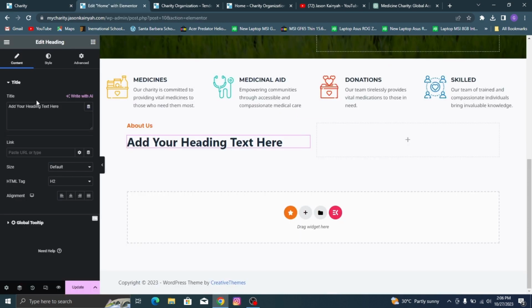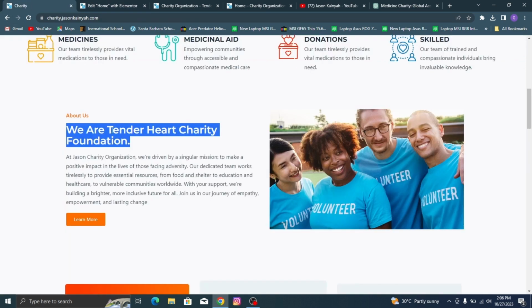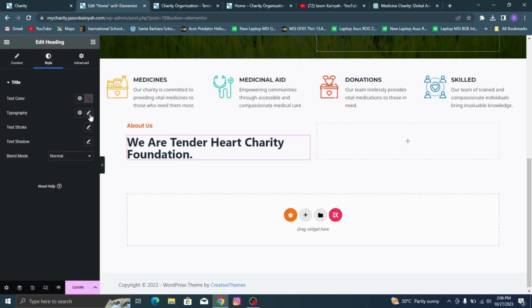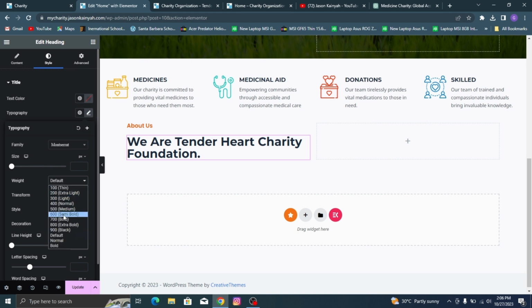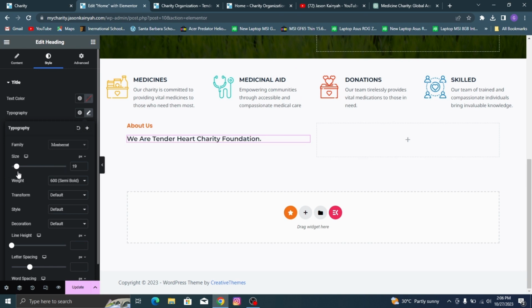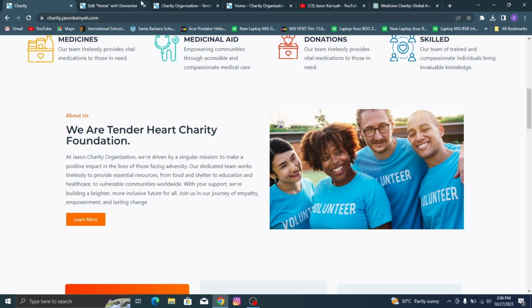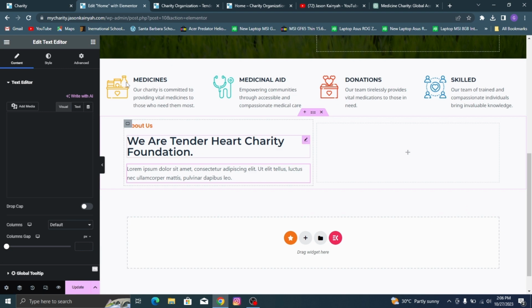We are Tender Heart Charity Foundation, so I'll paste it here, and then I'll go to style. The font is Montserrat, so typography, font family, we'll make this Montserrat, and then we'll make the width 600. Yep, and then we'll check out the size. Let's see what we can do about the size. So let's see, 32 looks cool, and then we'll drag the text editor right below the heading,